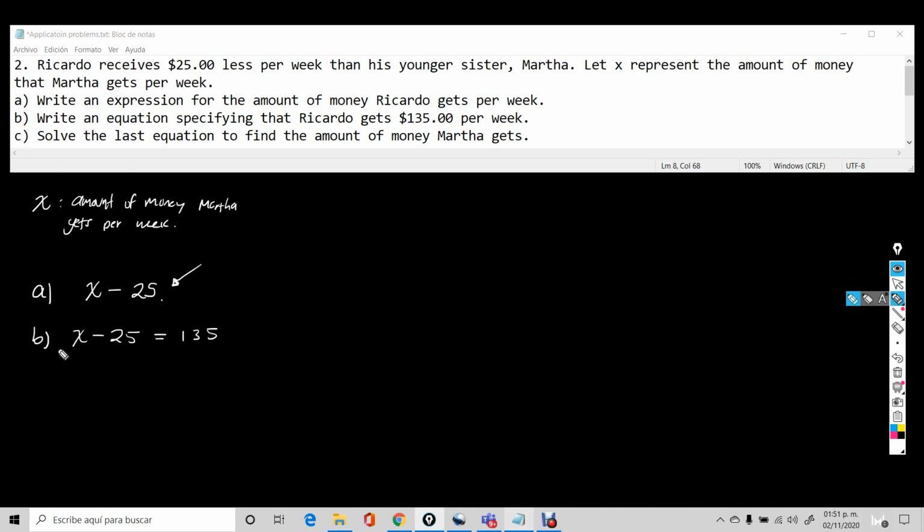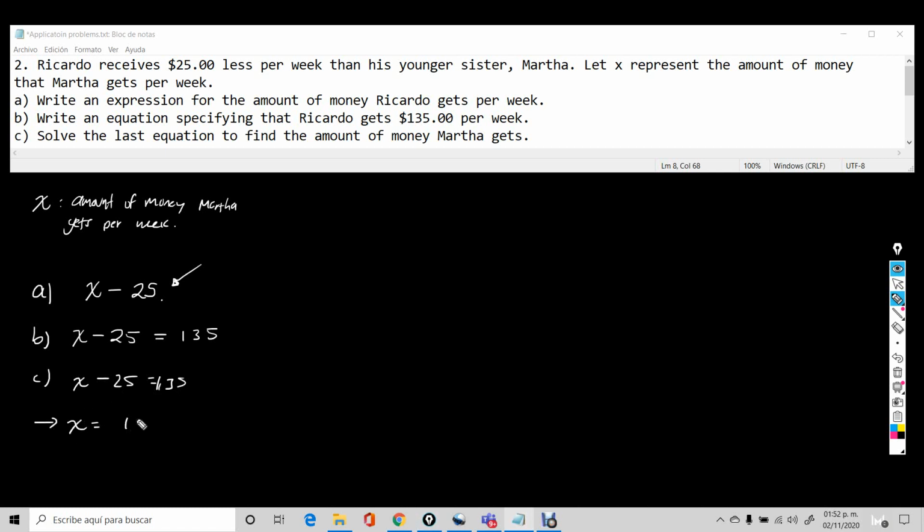And finally, task C, solve the last equation to find the amount of money that Martha gets. Okay, so let's solve this equation. It's a very simple linear equation. Remember, this is a linear equation, and if I solve it for the only variable that it has, I should be getting the following: